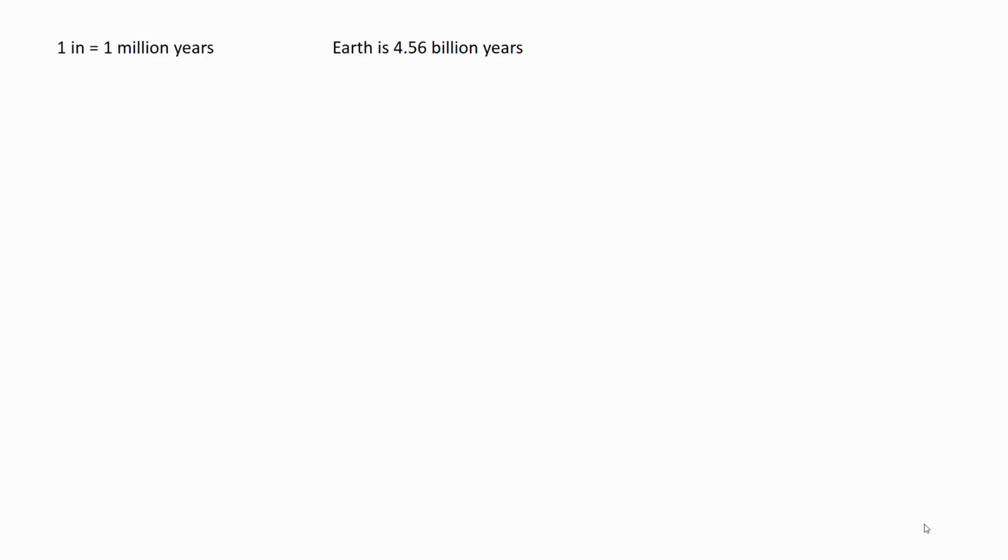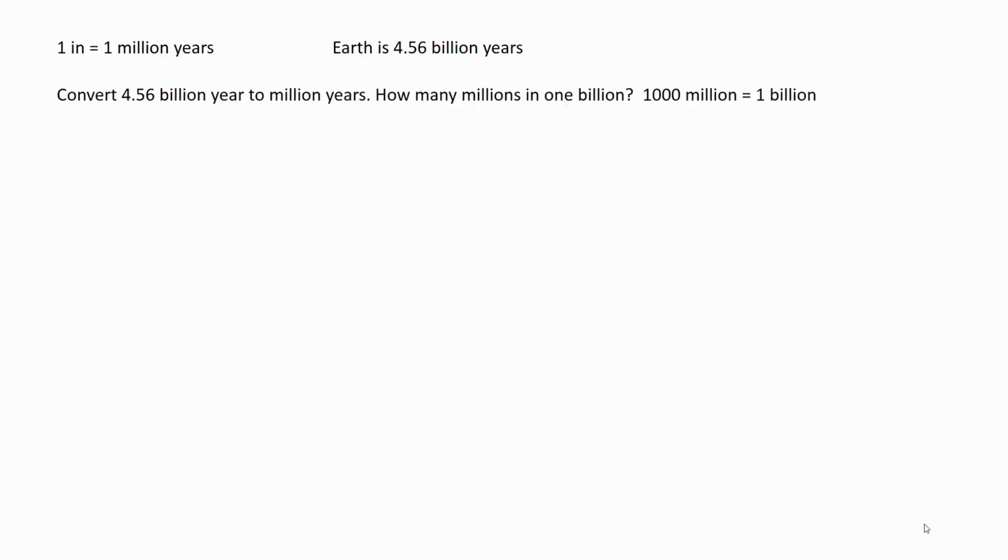So the first thing that we're going to need to do is convert billions to millions. And in order to do that, we want to think about how many millions are in 1 billion. And the answer is there's 1,000. Right? So 1,000 million equals 1 billion. Once we know that number, then we can set up